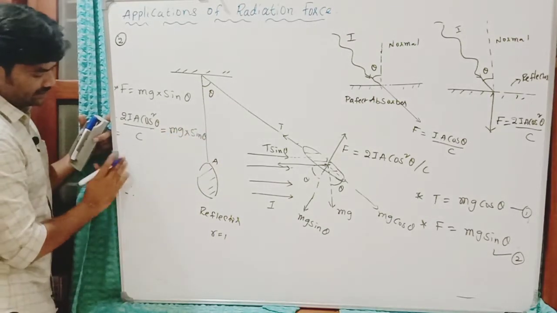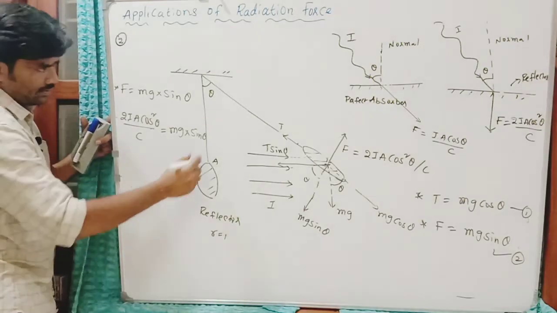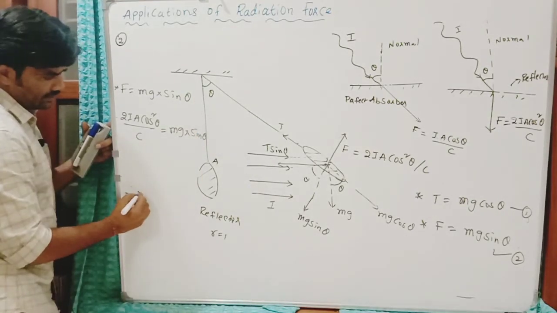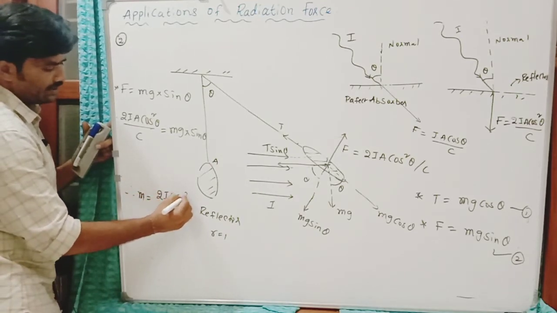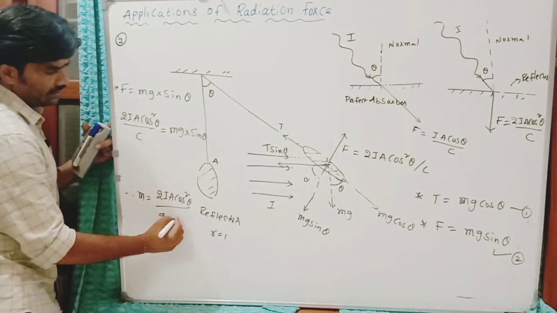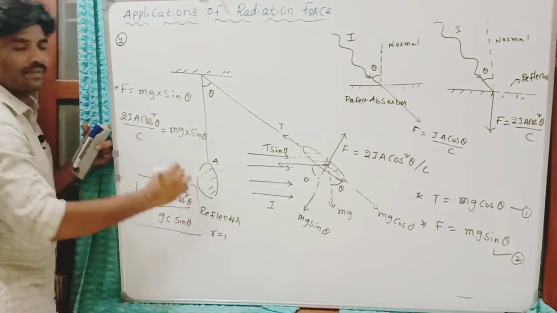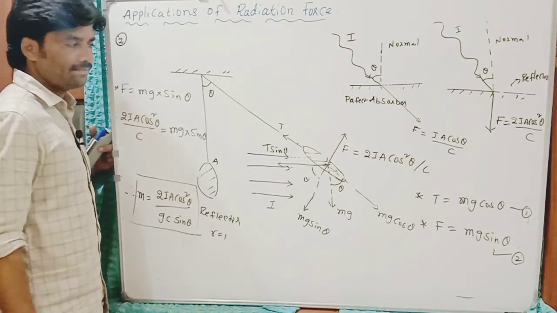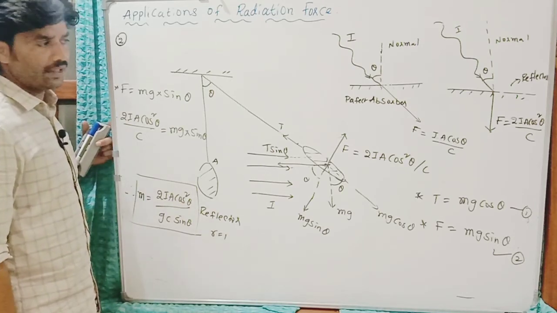So the mass of this object suspended with this string is 2IA cos square theta by g into c sin theta. Very easy. So try to learn how to write the